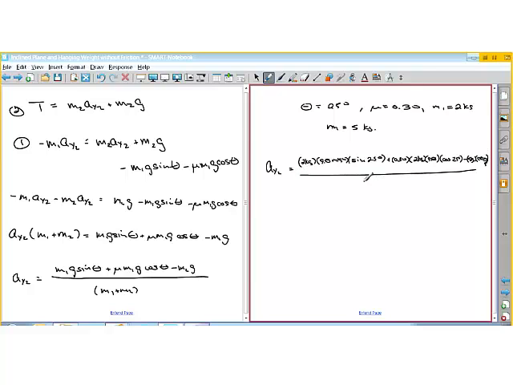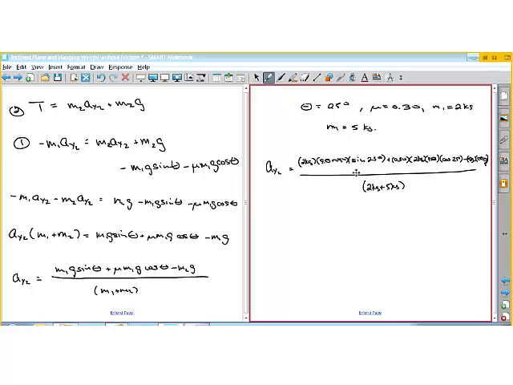So that's the numerator, and I divide that by the sum of the two masses again. So this should be even smaller than we had before because it's all things that are going to slow things down. So 2 times 9.8 times the sine of 25 degrees plus 0.3 times 2 times 9.8 times the cosine of 25 degrees minus